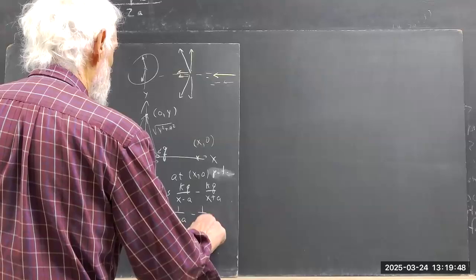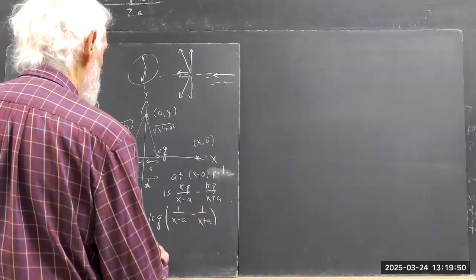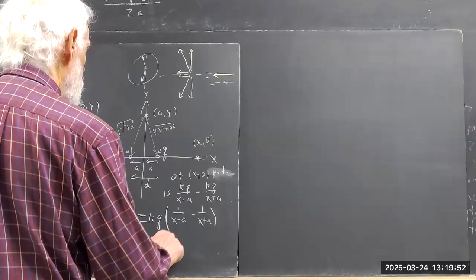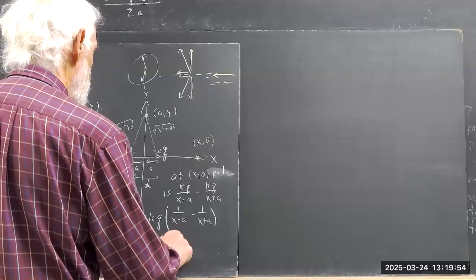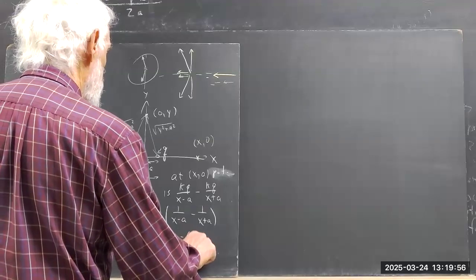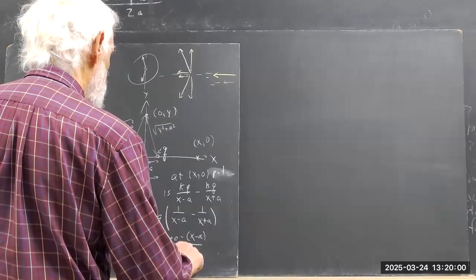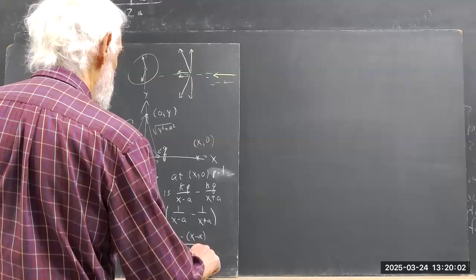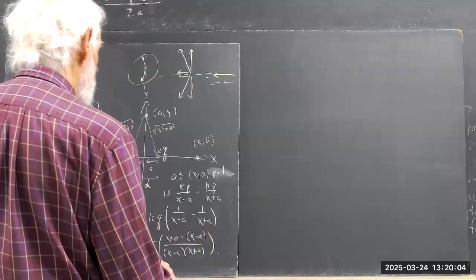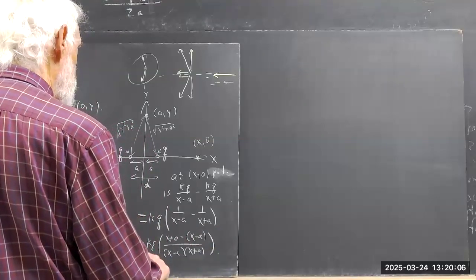Minus a minus 1 over x plus a, which is k cubed times x plus a minus a quantity x minus a over x minus a, that's x plus a, which equals